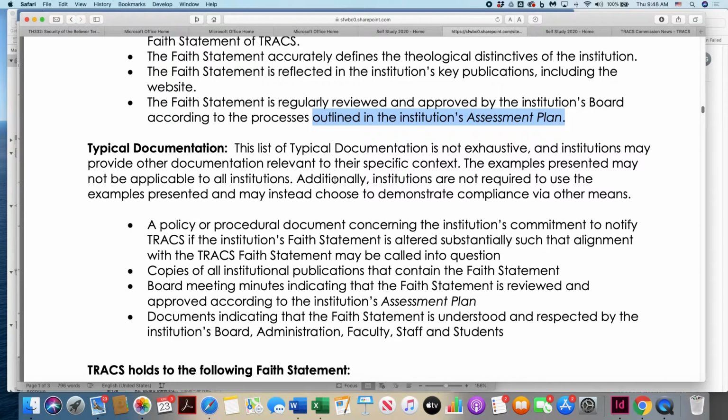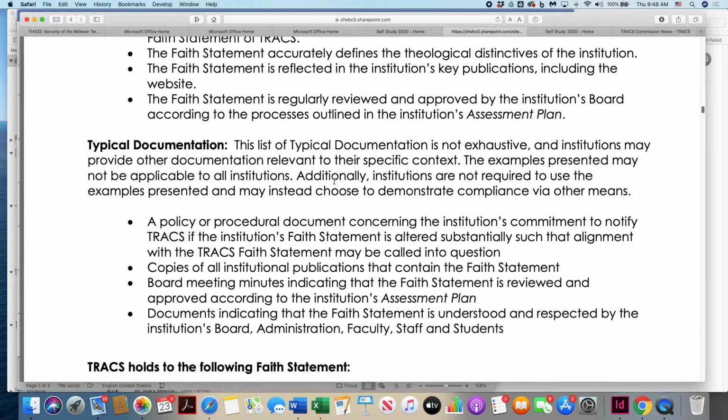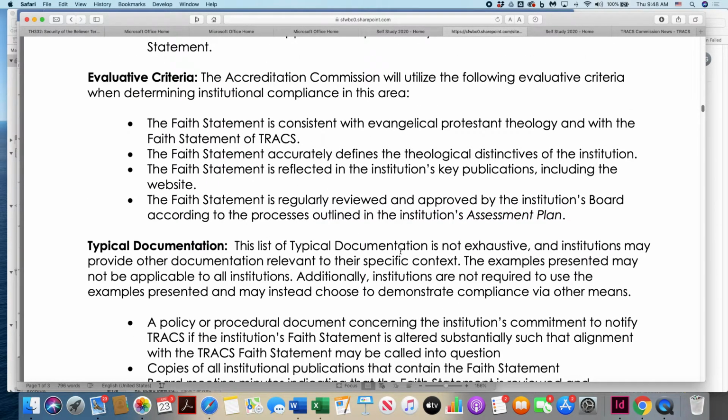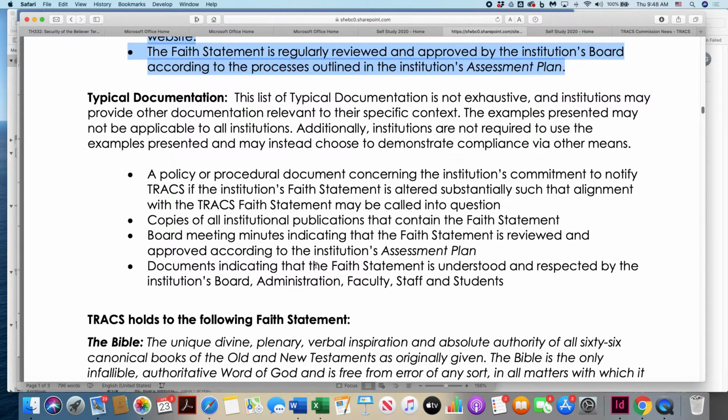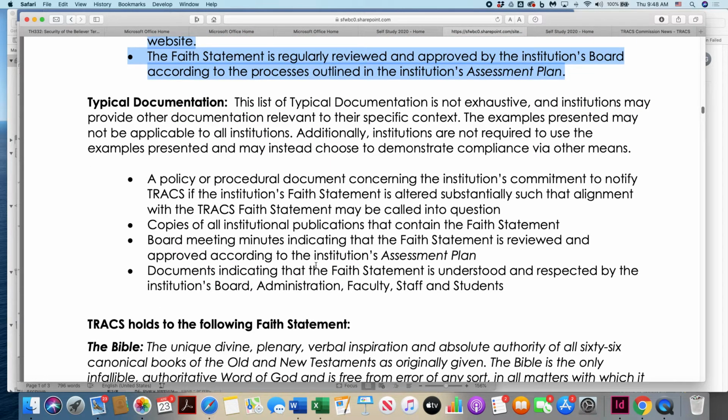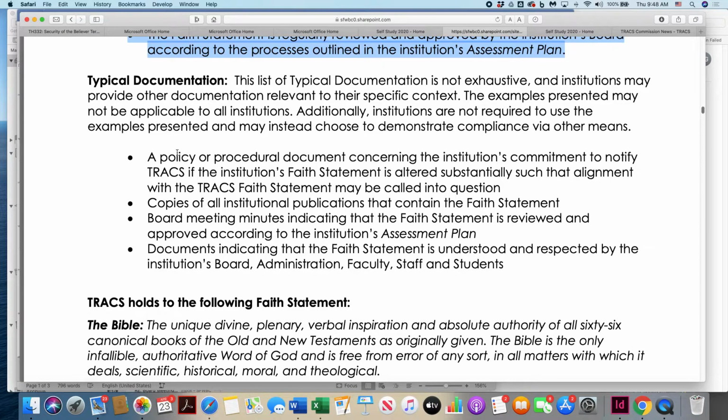Now, it also gives you documentation. And by the way, we're fine on all that. I just have to write in my narrative how we are in compliance with all of that. Then, what documentation do I look for? Here's what I look for. I look for a policy or procedural document containing the institution's commitment to notify TRACS if the faith statement is altered substantially. And so I would have to find some sort of a policy or procedure document to show that